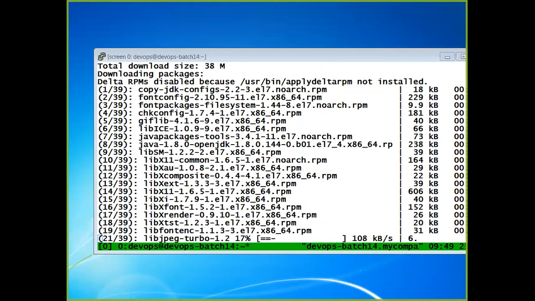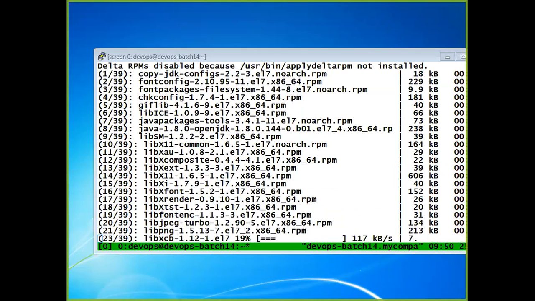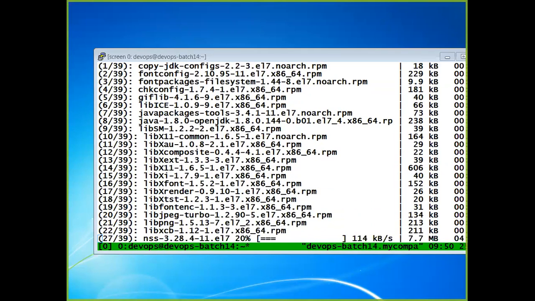So now the first step is to get Java. What is the next step? Download GitBucket. Let it download in the background. We will see the process.